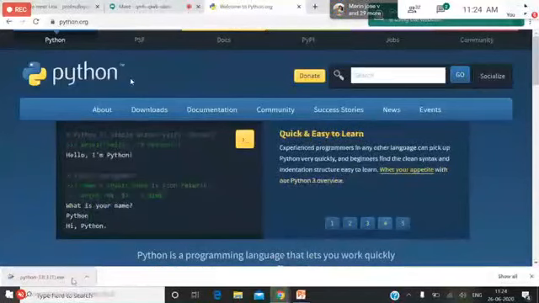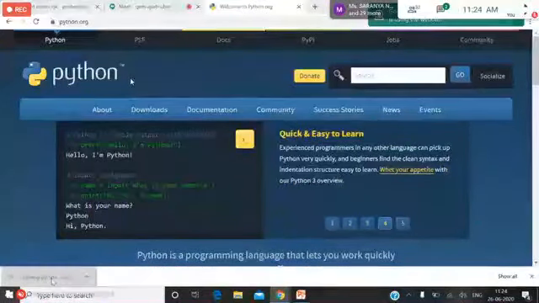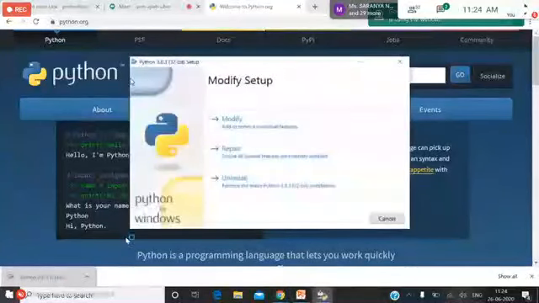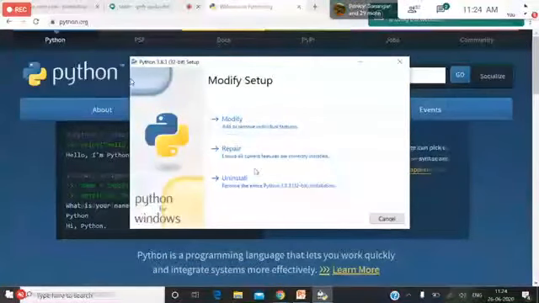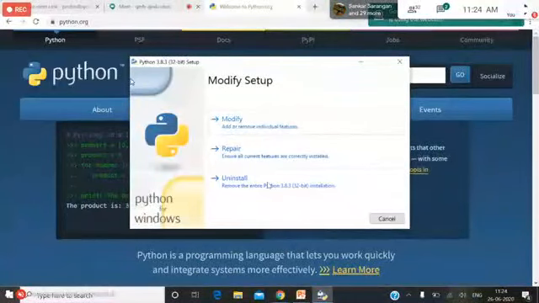Okay, downloaded. You just click here. Since I have already installed it in my system, it shows modify, repair, uninstall. So I am just going to show the demo.